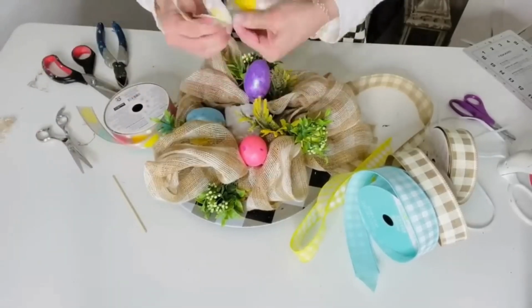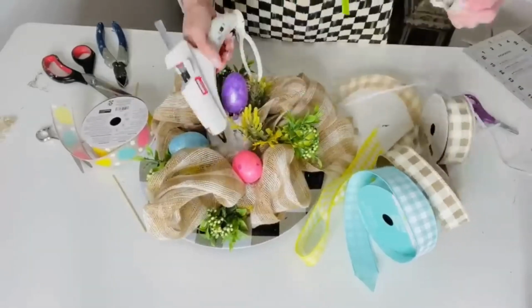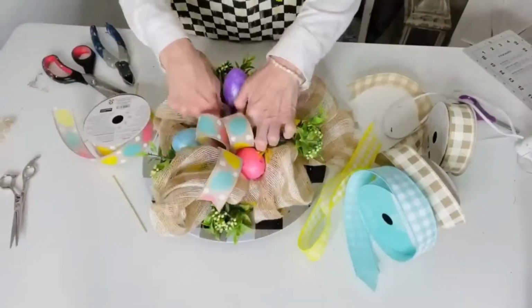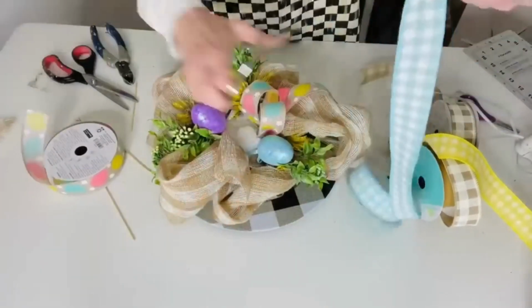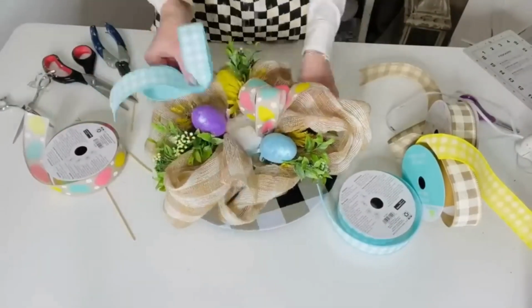So I decided to take some of this spare ribbon that I had left over from decorating my mantle, and I'm making these quick little twisty bows. So you just take the loop ribbon, loop it over on itself, and then leave a tail. And then take your tails and make sure you dovetail those tails. And that way you'll have a cute little floofy ribbon piece, and you can really stagger the